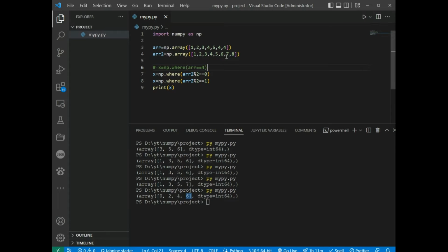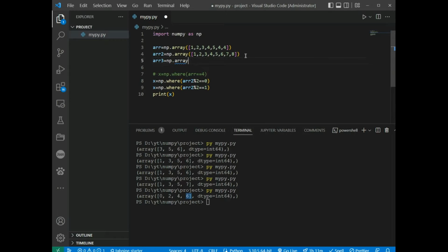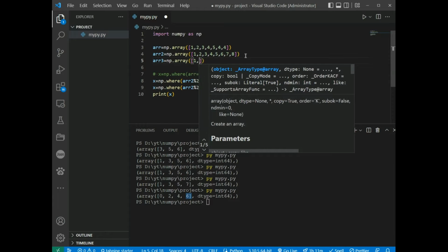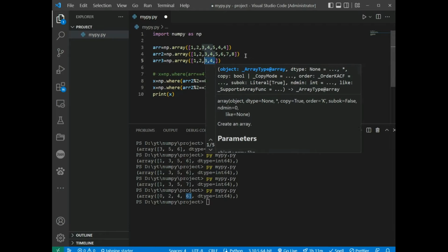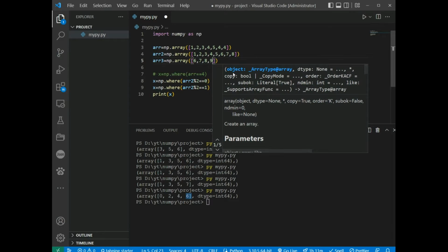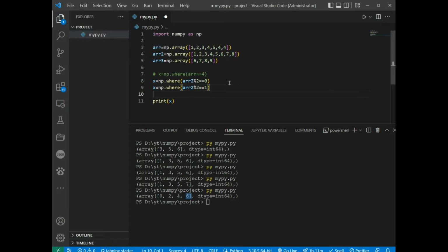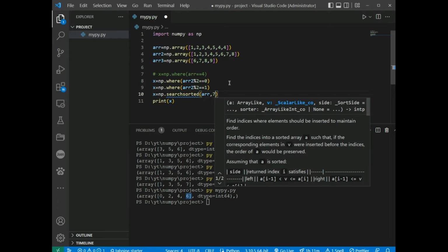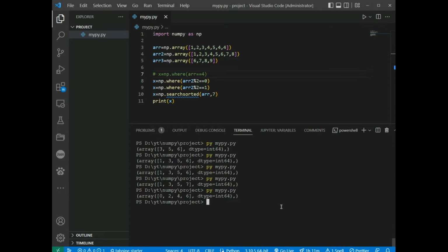So array 3 is np.array, and 1 2 3 4 and 6 7 8 and 9, and x is np.searchsorted array, and the value is 7, and run, and